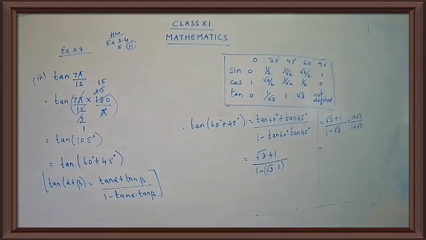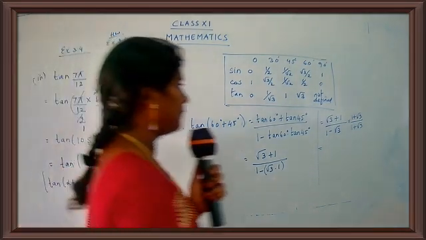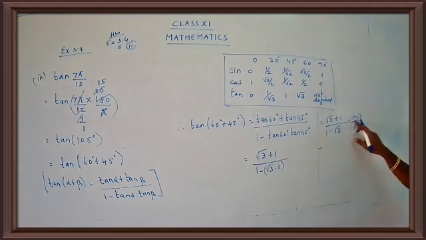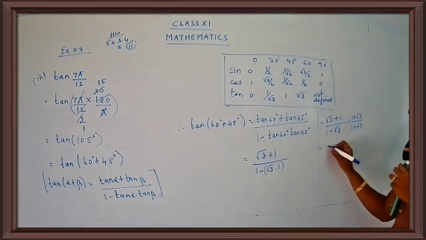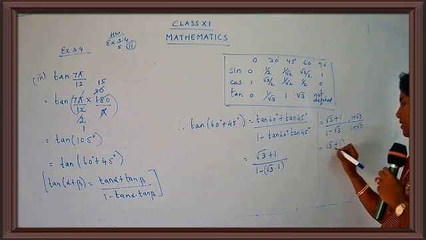So let's multiply the numerator part. What do you get here when you multiply the numerator? This is root 3 plus 1 and 1 plus root 3. Mostly they are the same. This is root 3 plus 1 and this is 1 plus root 3. So you can write this as root 3 plus 1 the whole square.